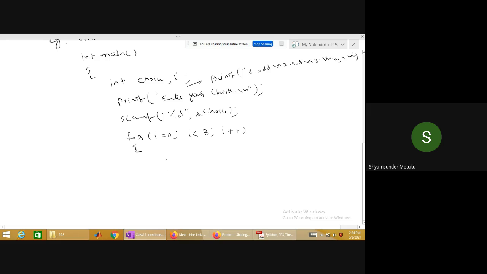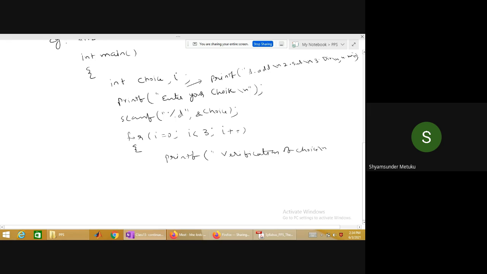Then what I will do is I'll write here something like printf, maybe entering into calculator mode, or else verification of choice.